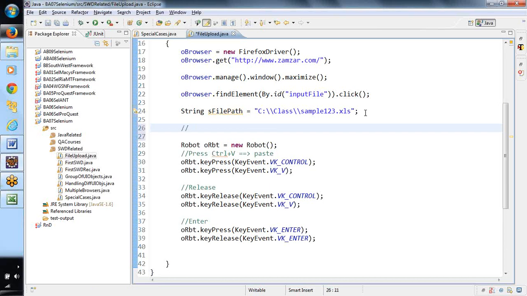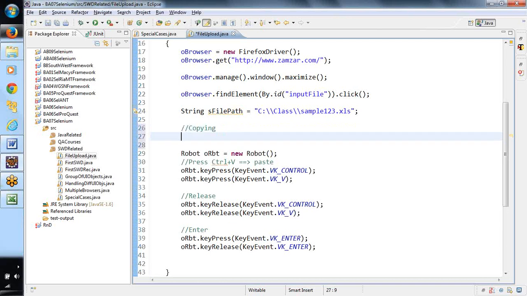Now see here. First let me write down the logic. So we would be copying. There is something called StringSelection. I will let you know what this is. Basically, I'm creating an instance here, and for this instance I'm going to pass a variable over here, which is nothing but